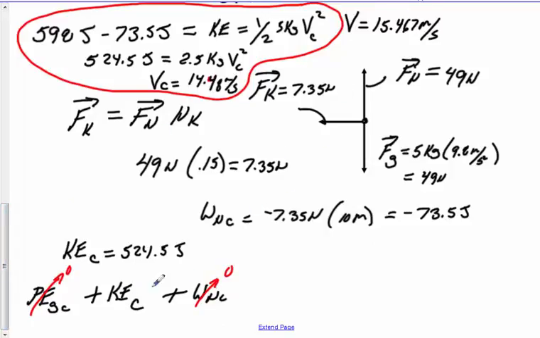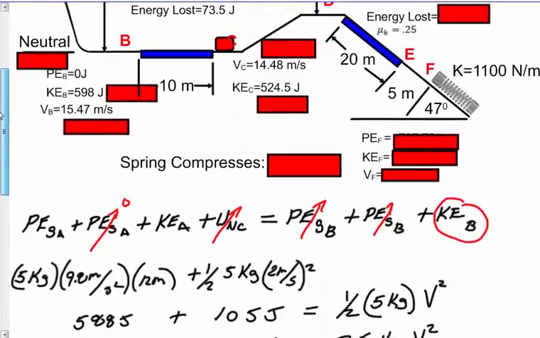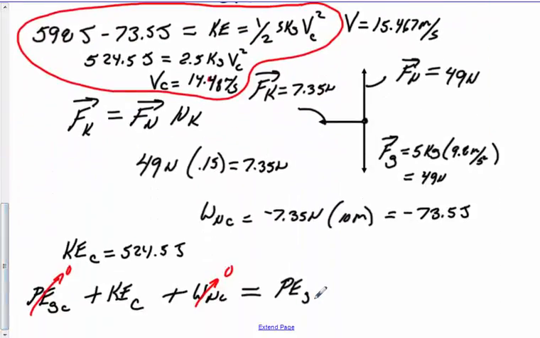There's no spring potential, so we can ignore that. So that must equal the gravitational potential energy at that point, which we're calling D,